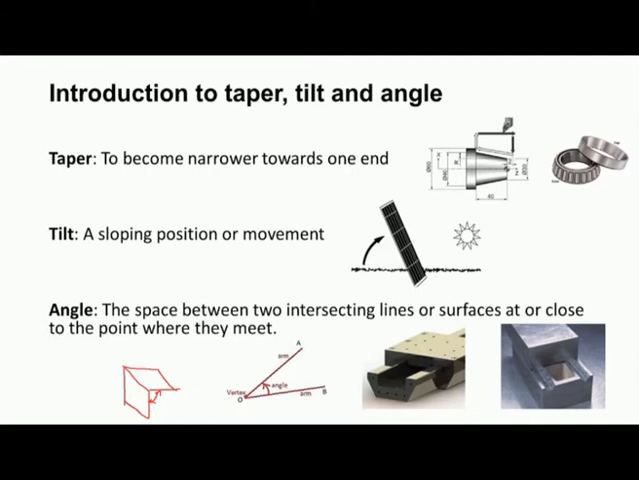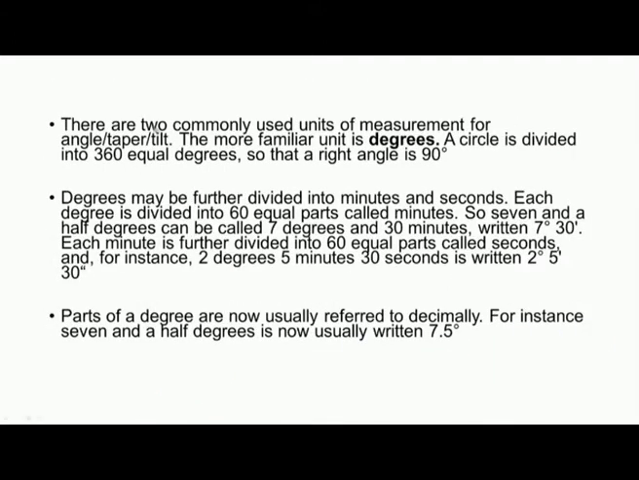You can see some examples here. We have a machine tool guideway. This is the slide and this is the guideway. We have sloping surfaces here. The inclination between these two surfaces is the angle. Similarly, we have a sloping surface here and a flat surface. The inclination between these two surfaces is some angle, and this angle,